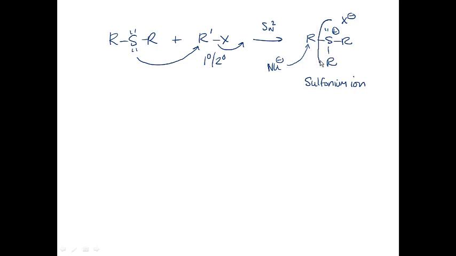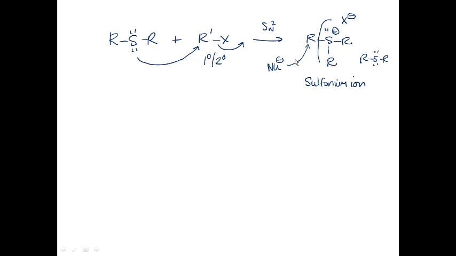And now this makes a great leaving group because this would then leave as our thioether. Sort of the same way that the alcohol left after it was protonated, or OH leaves after it's protonated to form a water molecule. So sulfonium ions, once you form them, can be used,